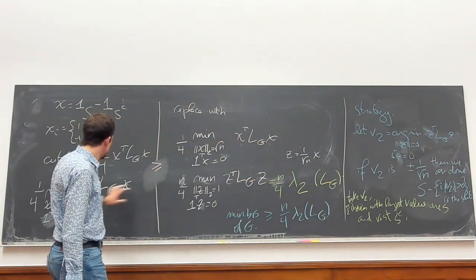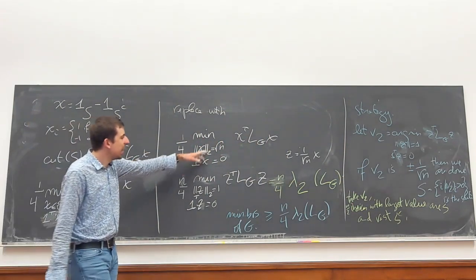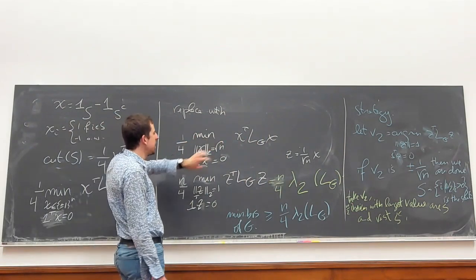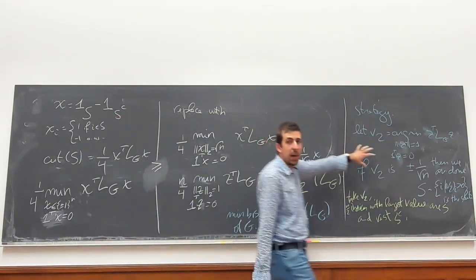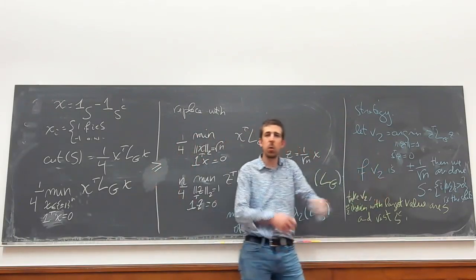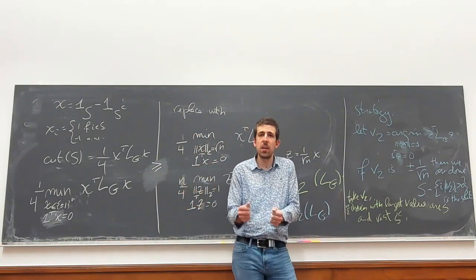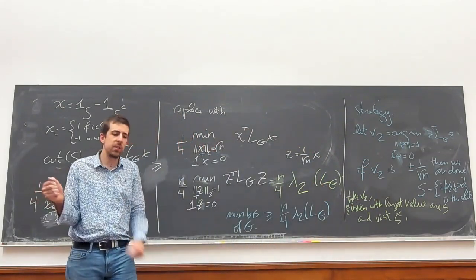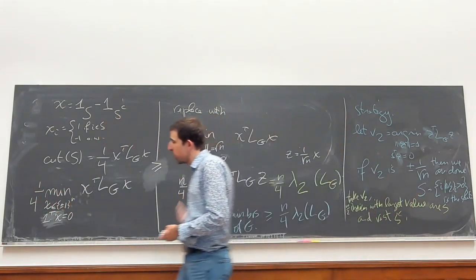Why? Because we have an original problem over a difficult set with hard constraints. We then relax it into something a bit softer that we can now optimize because it's a spectral problem. And it's a relaxation because the optimization set contains the other one. Then we get the solution of that. It looks like all over the place, not just necessarily plus or minus 1. And so we grab it and we round it in some way. Maybe we take the sign. Or in this case, because we know exactly n over 2 on one side and n over 2 on the other, it makes a lot more sense to just take the n over 2 largest and n over 2 smallest. So in the next lecture, we're going to see how to do this